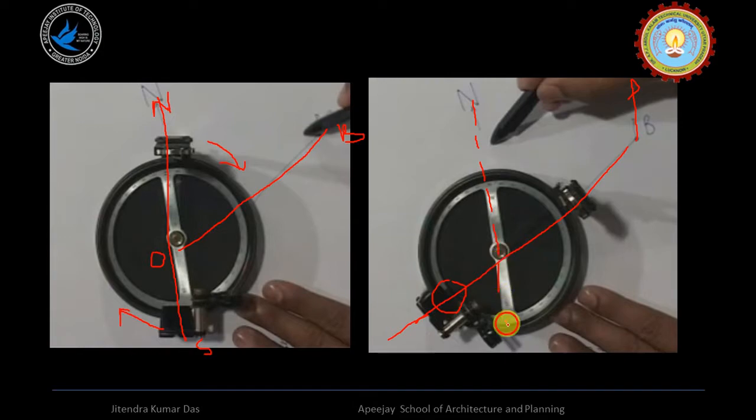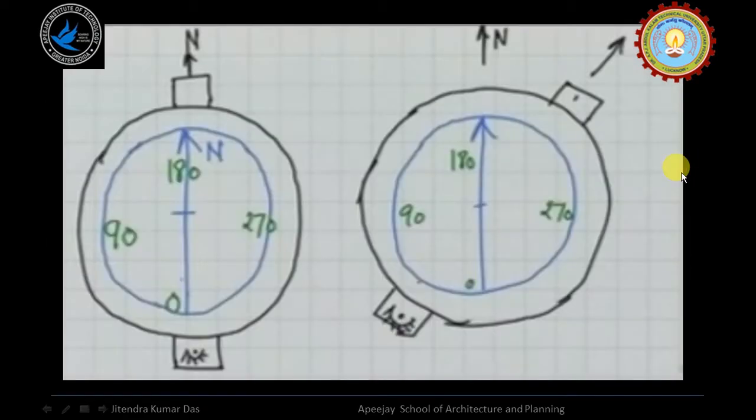And what we will do here, we will take the reading at this place. Suppose it rotated this much angle, suppose this is theta. We know that the opposite angles are equal, so this angle is also theta, so the reading at this place will give us the bearing of line OB. So that is the general method to take the angle measurements with the help of a prismatic compass.